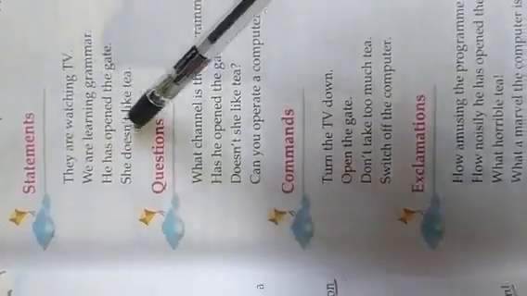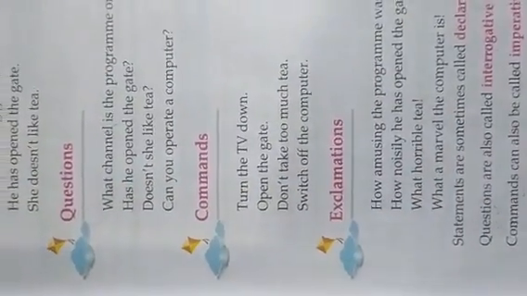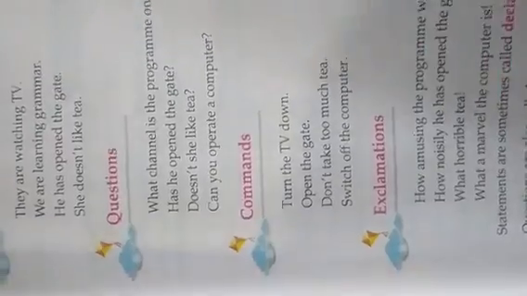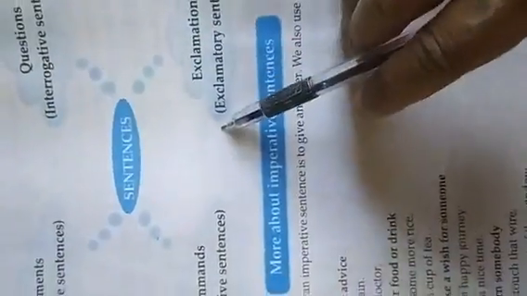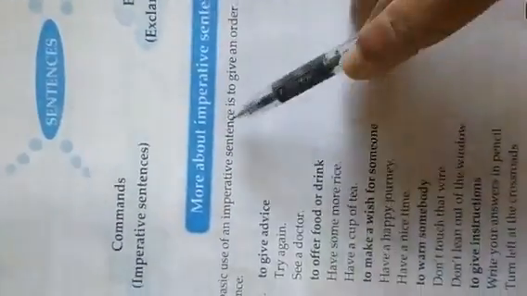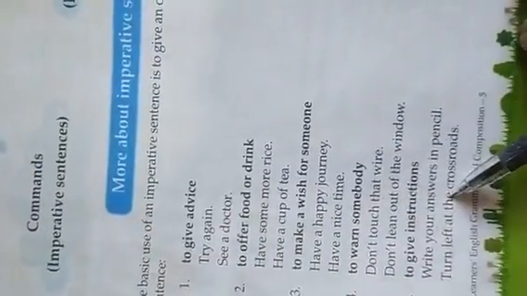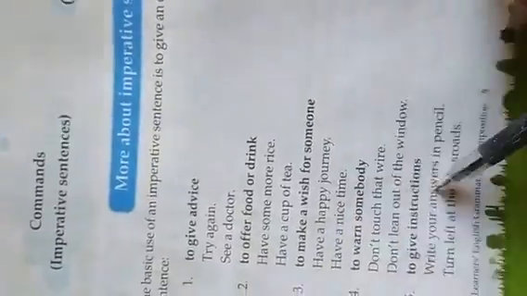So on this page we had a few examples concerning all these 4 kinds of sentences. Please read it and study it nicely. Again this picture was there. Next we studied more about imperative sentences. What do they show or tell us? Next is